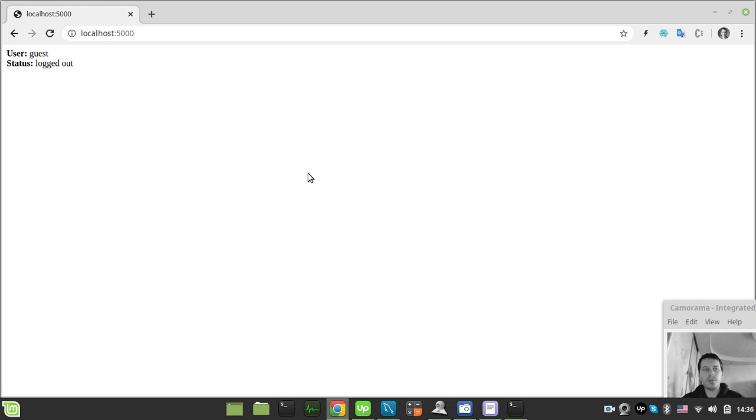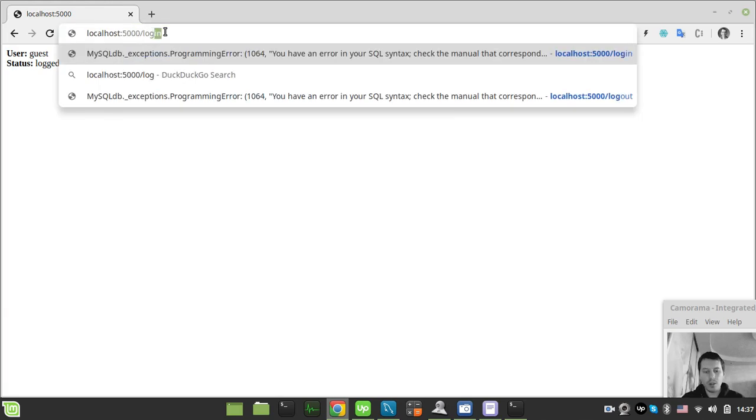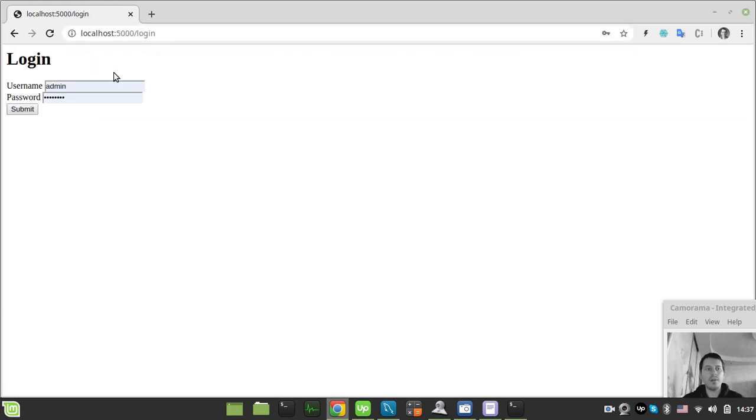So here I've drafted a very quick Flask application that allows us to log in and shows whether the user is logged in or not. At the moment we're not logged in, and now I will show you the intended functionality of this app. So if you just go to the login route here,